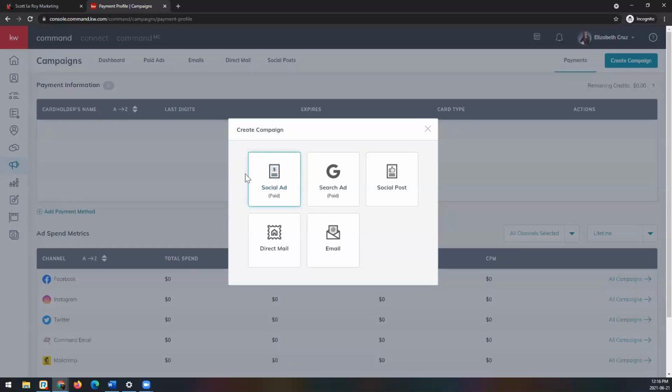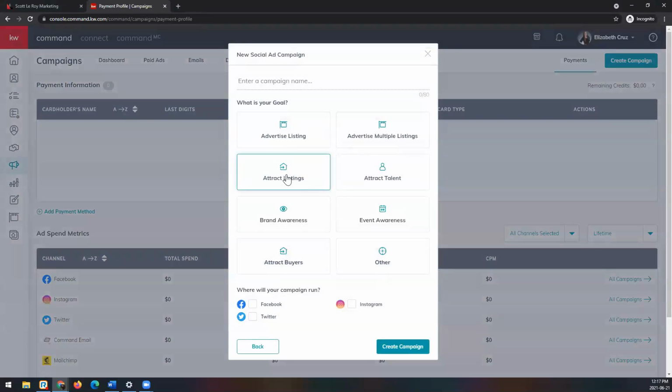So today we're going to do the social ad paid. From here, you can also choose the Google AdWords search ad paid, social post, direct mail, email. These should look familiar from the tabs up top as well. So simply click social ad paid,